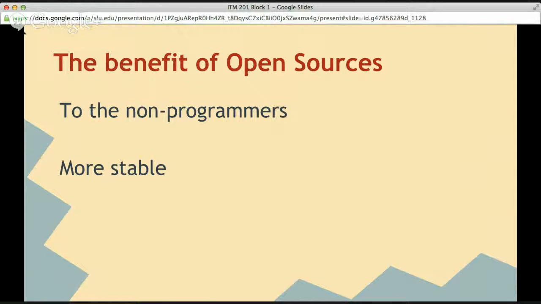Non-programmers also like open source because it's more stable. Open source is considered more secure and stable than closed software because anyone can view and modify open source software. Someone might spot and correct errors or omissions that a program's original author might have missed. And because so many programmers can work on a piece of open source software without asking for permission from the original author, open source software is generally fixed, updated, and upgraded quickly.